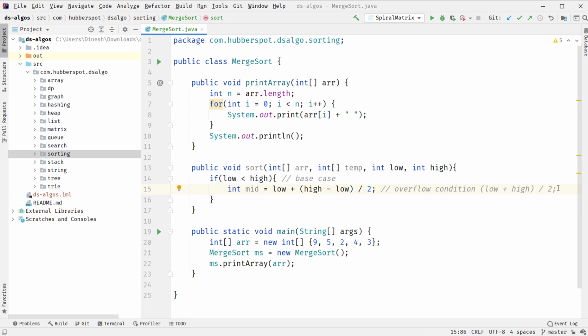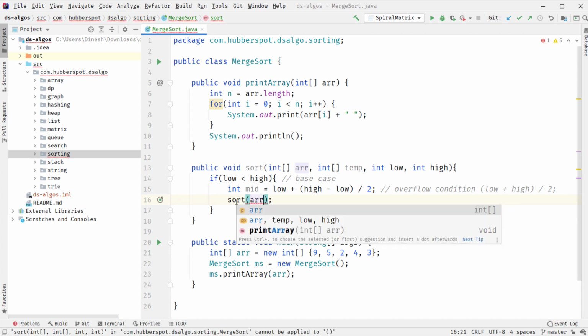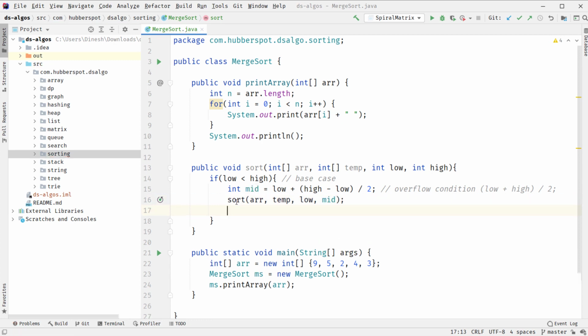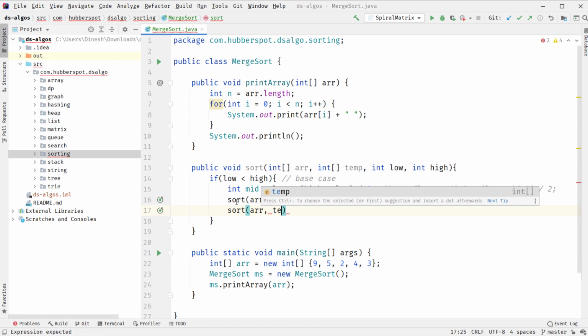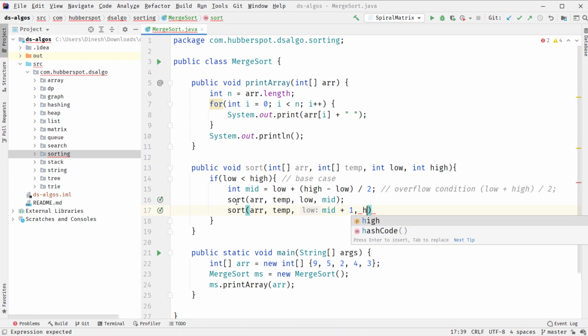After evaluating the mid, as this is a recursive algorithm, we call sort again. We break the array down into two parts: for the left the range would be low to mid, and for the right it will be from mid plus 1 to high.